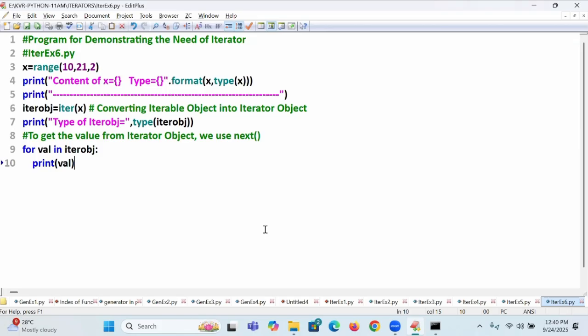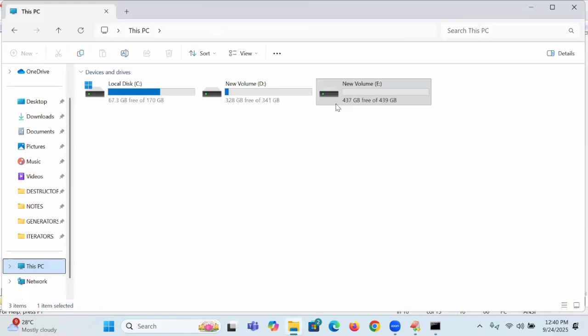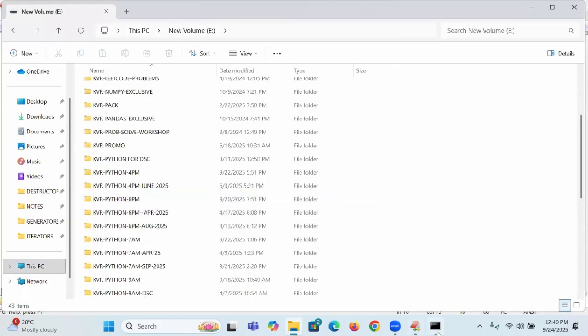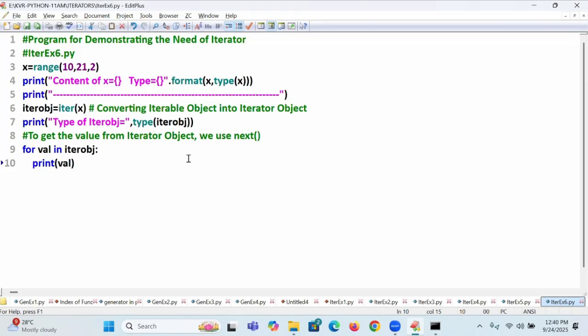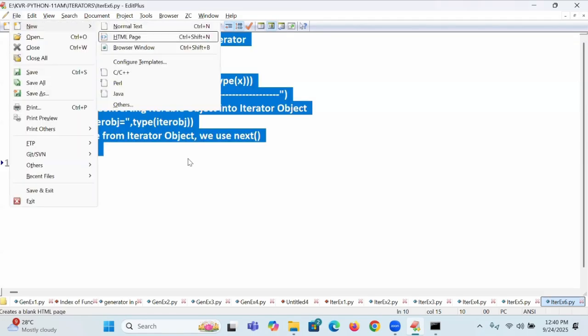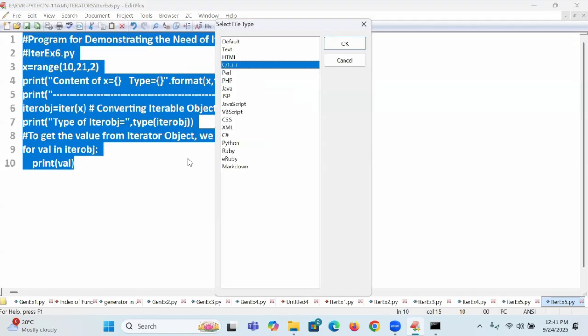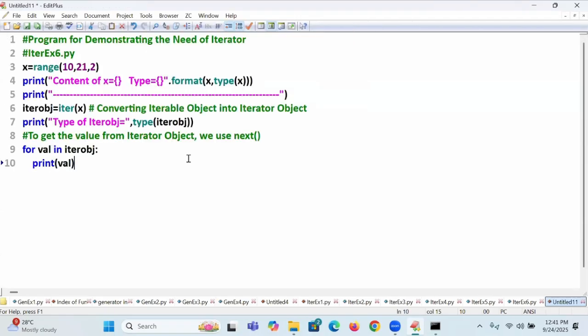That I will tell you in NumPy. The random concept I will tell you: bell curve, normal distribution, uniform distribution, Poisson distribution, gamma distribution. The concepts I will tell you at NumPy pandas level. Sorry, are you following this now? So I'm going to show you which concept now. Iterator, you understood. Now I'm going to take up the last and final one. Sir, you go to this. I'm not posting it. This program will not execute for you. Why? It is not possible to convert. x is equal to what?